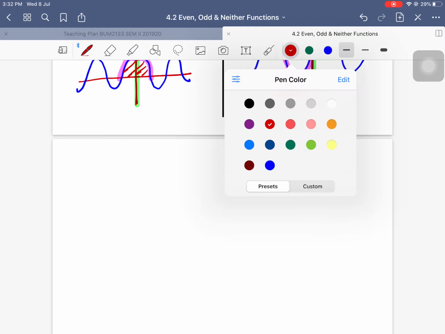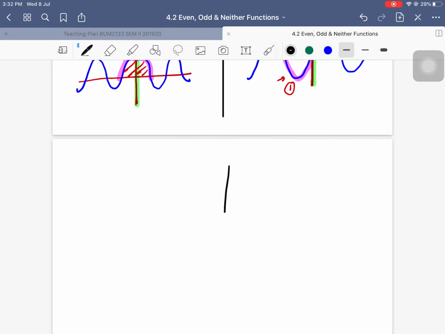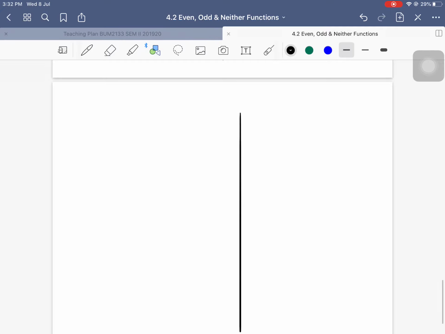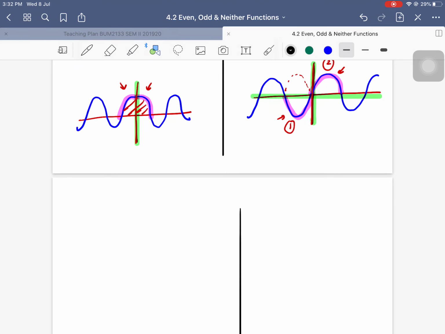So let's have a look at the other features of them. I need this to make it straight. Okay, so let's have a look at the properties of even and odd functions that we can actually apply in our